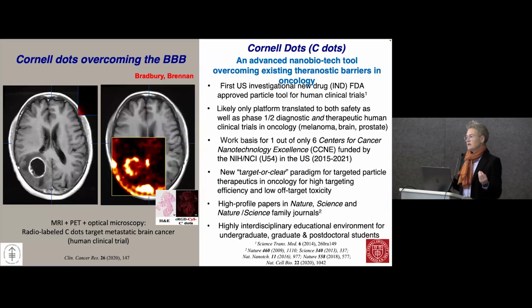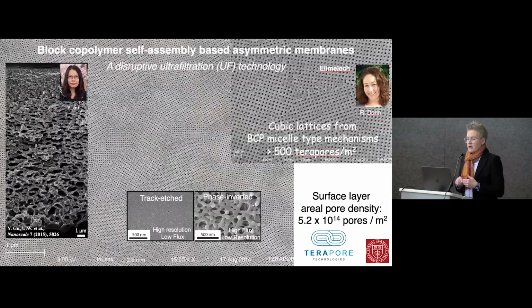Uli is an extraordinary scientist doing incredible work that cuts across disciplinary boundaries. Take a look at his work on CDOTS, which is transforming cancer research through clinical trials. And some of the work has also led to students spinning out companies. When he gets back, if we have time, we'll come back to these slides and we'll have him share a bit more details about this.